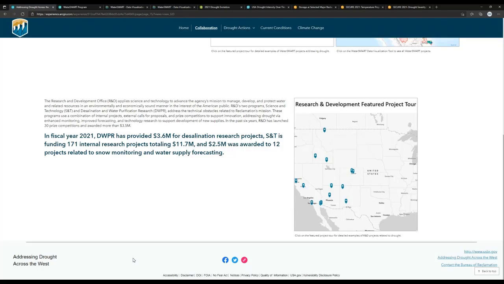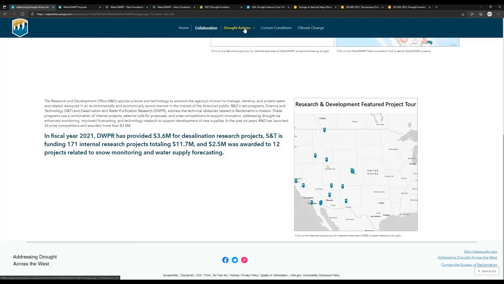So this is just the same functionality as the one that Nikki demonstrated above: you click on the map and you get into a story map that has descriptions of these projects. And they are projects that we think are good representations of projects that address drought. And the map will move along with the project description.